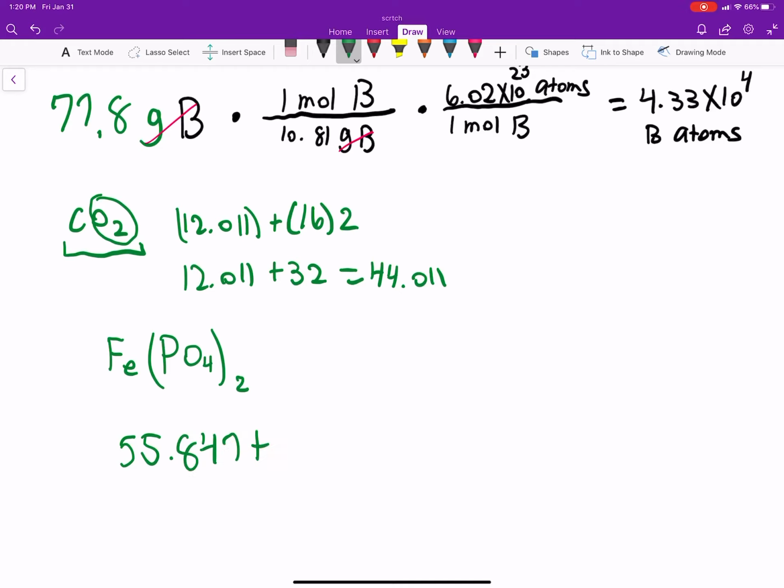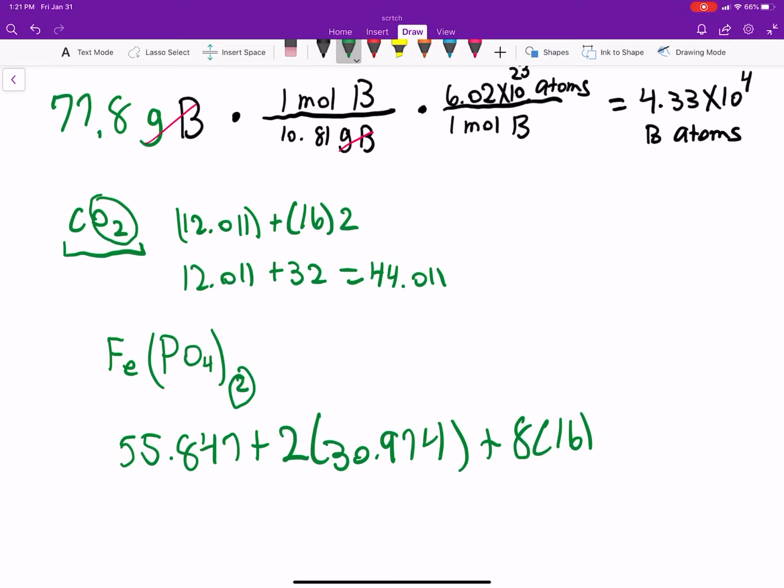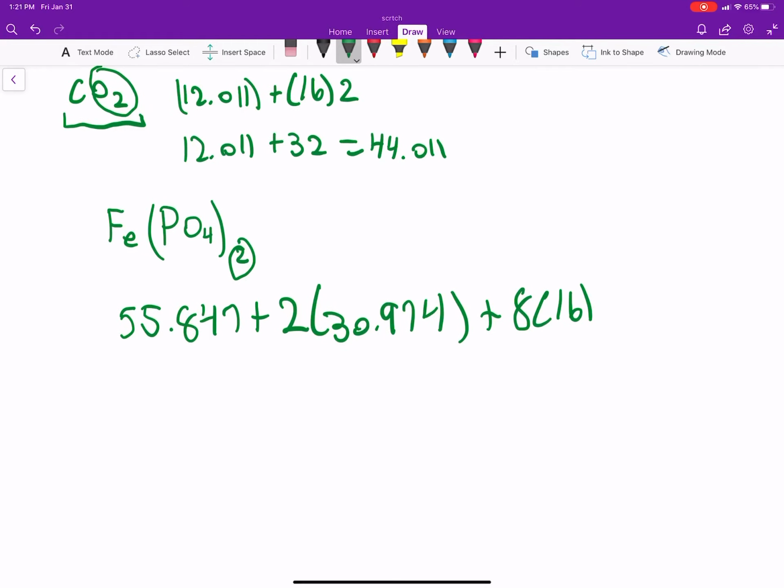What I really wanted to show you is we have our iron, so 55.847 plus this 2 out here, you can think of as being similar to multiplying. So you actually have 2 phosphorus, so that's 30.974 plus 8 oxygen, which is just 16. Okay. I wanted to make sure we were okay with that because I could see how that would be a little confusing for some people. If you haven't seen it, just know that's what that means when it's outside the parentheses like that. That's kind of what we're looking at here. So yeah, I think that covers the gist of it, and